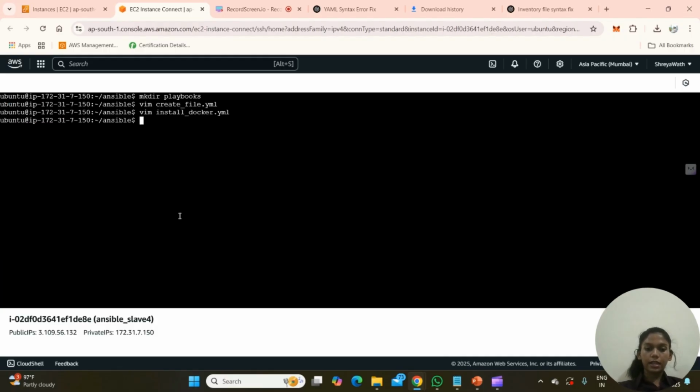Now let's try and run this playbook using the command ansible-playbook, space, the name of our playbook install_docker.yaml, then the path of our inventory file, /home/ubuntu.